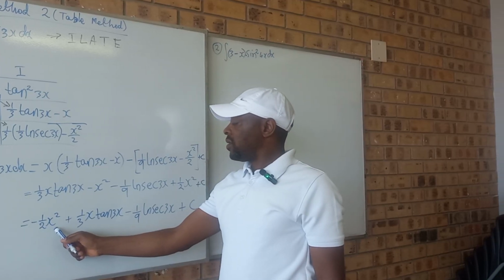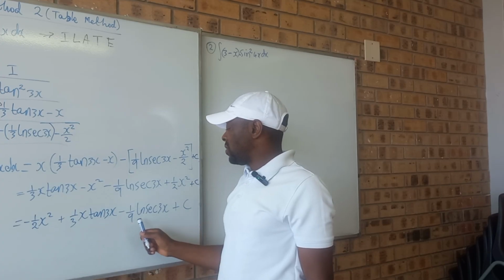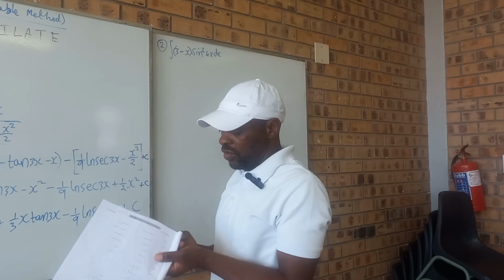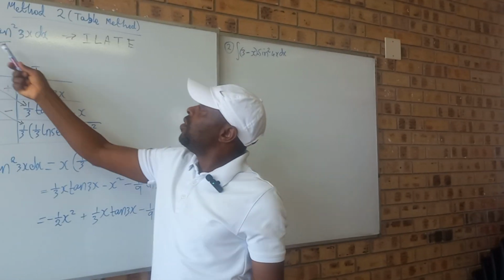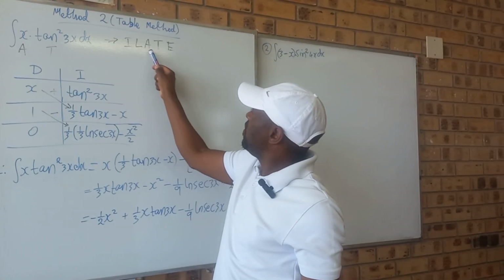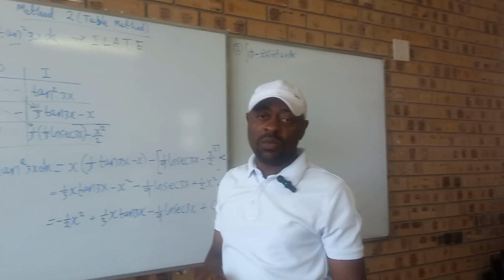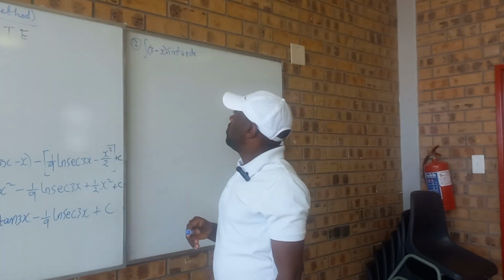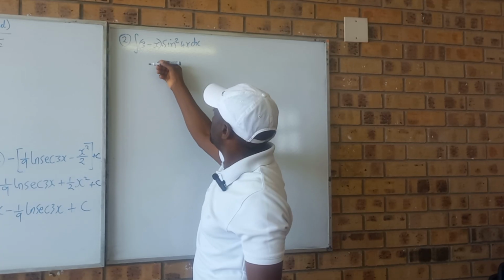Negative 1 over 2x squared plus 1 over 3x and 3x minus 1 over 9 ln sec 3x. So that is just to show you or to reconfirm that whenever in your product you have algebra coming first in your ILATE, if it comes before trig or before exponential, you are free to use the table method to move faster. So in our second example, we'll try to concentrate on the table method,